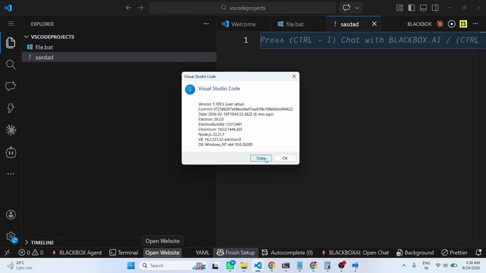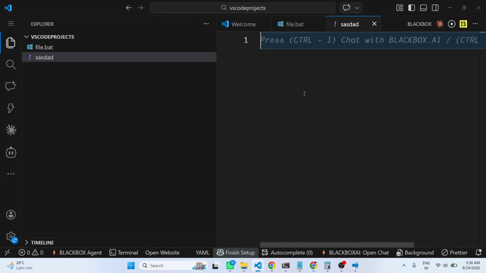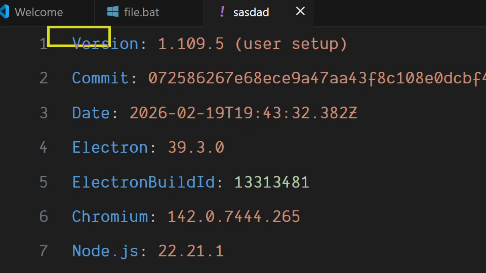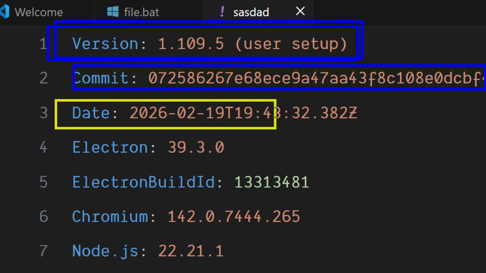Every information will be copied. So click the copy button, and right here you can paste it. So if you do want to share this information with anyone, you can share it simply by clicking the copy button. So this is your VS Code version that you are using, the date,